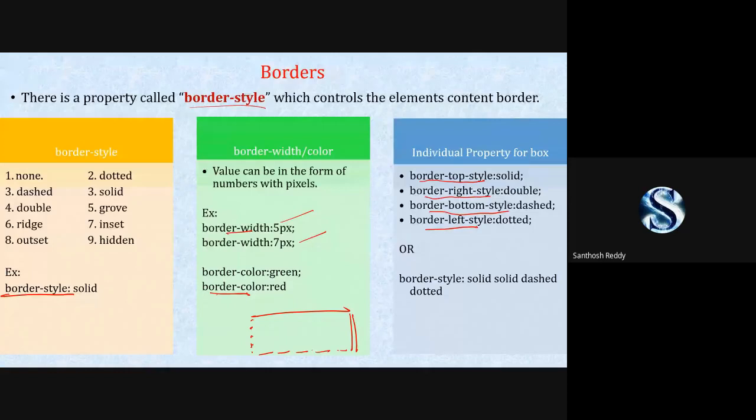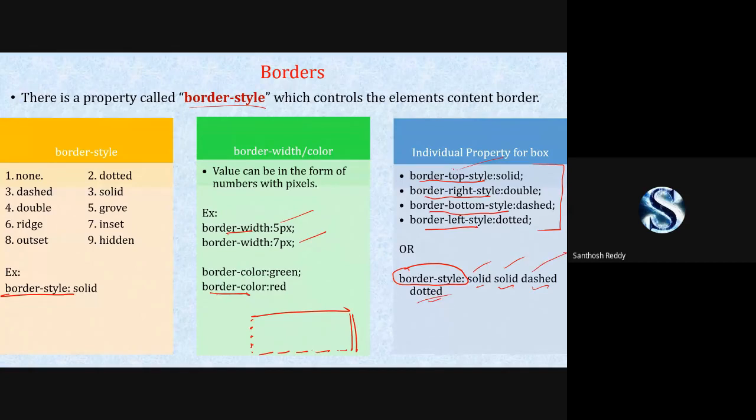Here for the border top you need a solid, so you make use of top style, right style, bottom and left. Rather than specifying all of these as different properties, we can mention border style and give solid, solid, dashed and dotted. In the sense top, right, bottom, left.